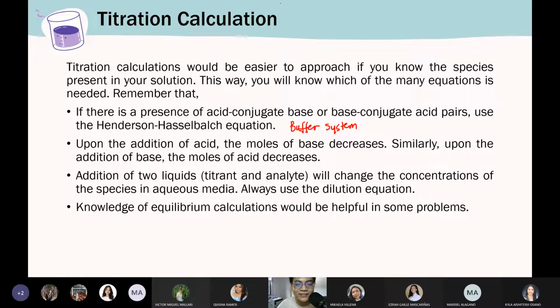Ang daming kailangan kabisaduhin na. So, ibig sabihin, gagamit tayo C1V1 equals C2V2. Pero may shortcut pa dyan, don't worry. So, yan yung mga kailangan tandaan, and knowledge of equilibrium calculation will be helpful in some situations. But again, I will try to make this topic much easier to